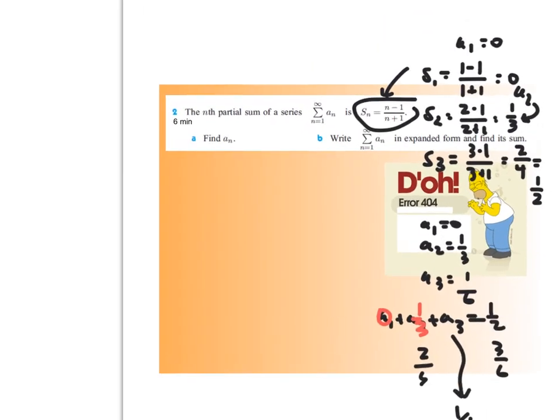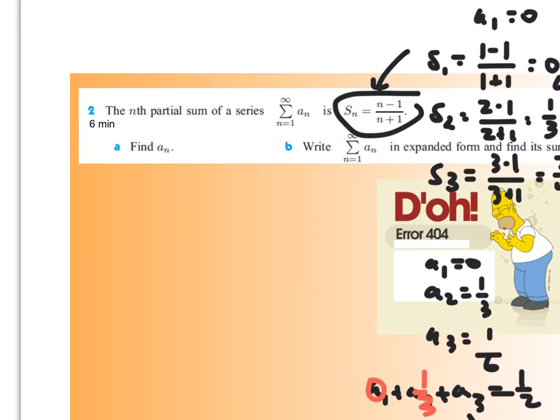Okay, so that's how you use this notation here. This is the sum of the first n terms. So if I want to find a sub n, all that I'm going to do is take S sub n plus 1 minus S sub n. Right, that's any summation minus the summation of the number of terms one short of that. Right, so if I took S sub 7 minus S sub 6, I would get